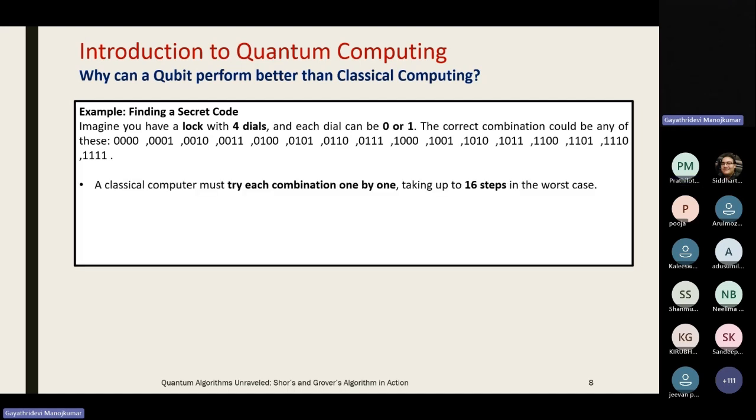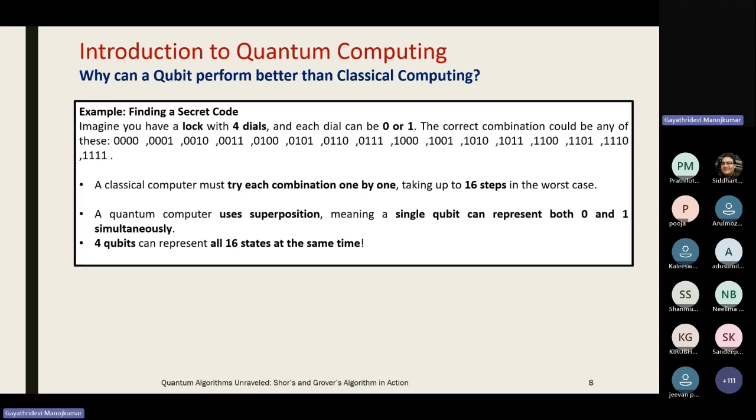A classical computer will try each combination one by one, and it takes 16 steps in the worst case. But in the case of quantum, with the use of superposition, where a single qubit can represent both zeros and ones,